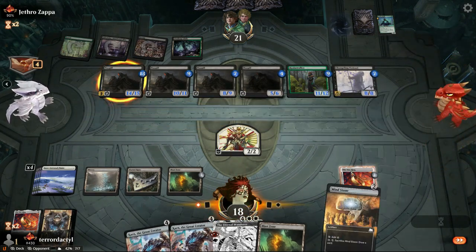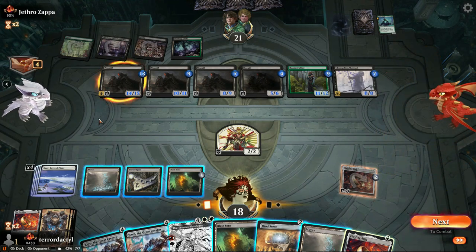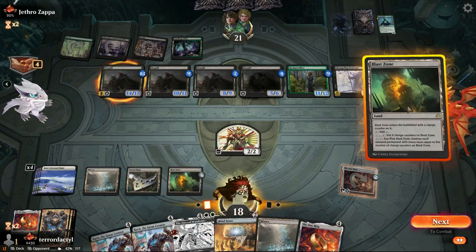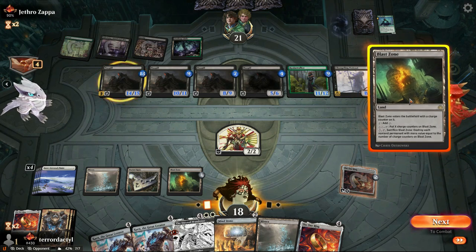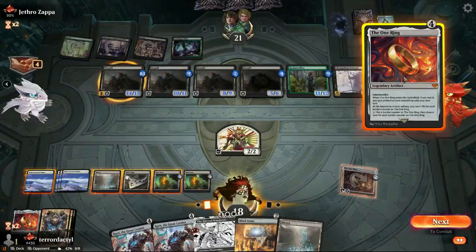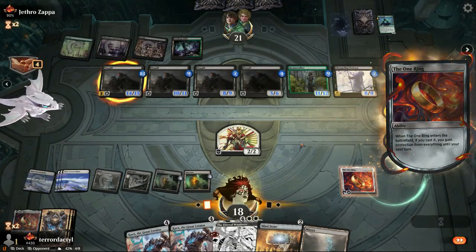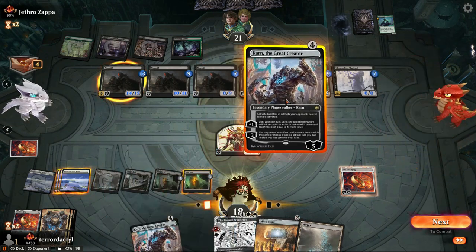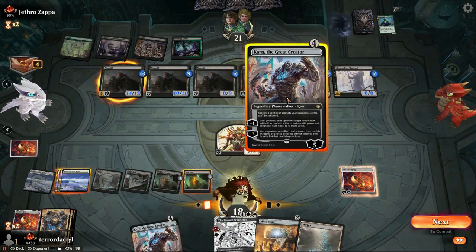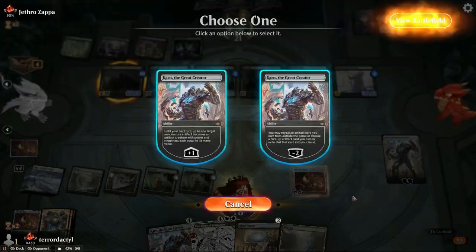Alright. Draw some more cards. So, I think what I'm going to do now... I think the best play here is to play another copy of the One Ring. This is so busted. Keep this. Play this and get